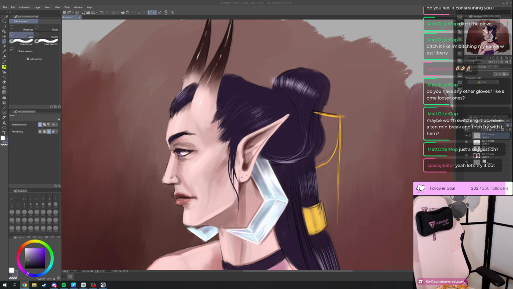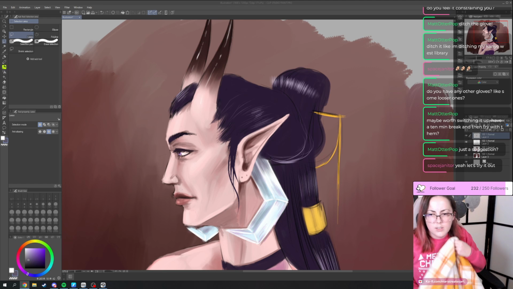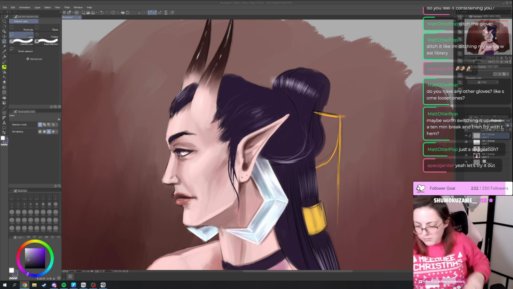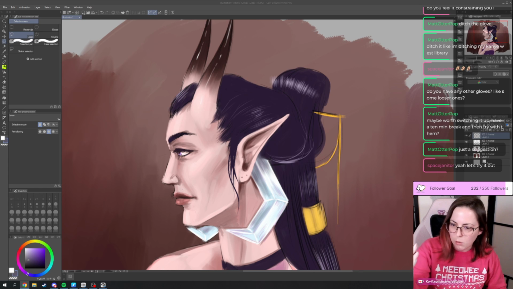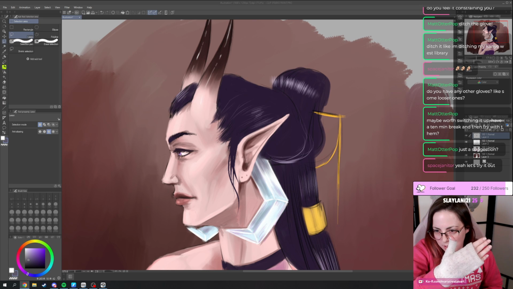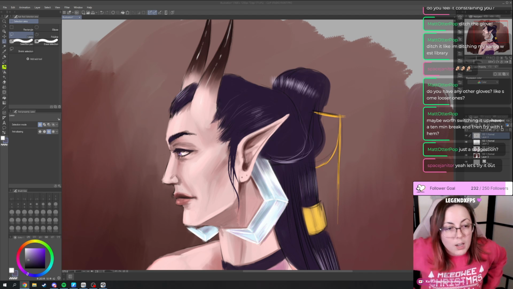Okay, let's see. Let's hope that this kind of helps a little bit. Okay. So this is a really old glove. You can't even tell there's really a pattern on it. There's supposed to be snowflakes. I bring these to work all the time because it is, ironically, also cold at